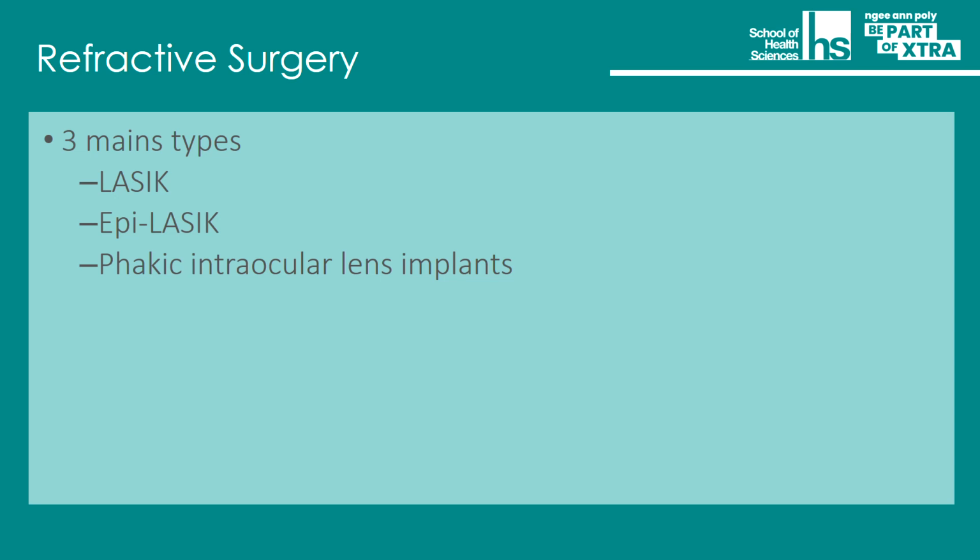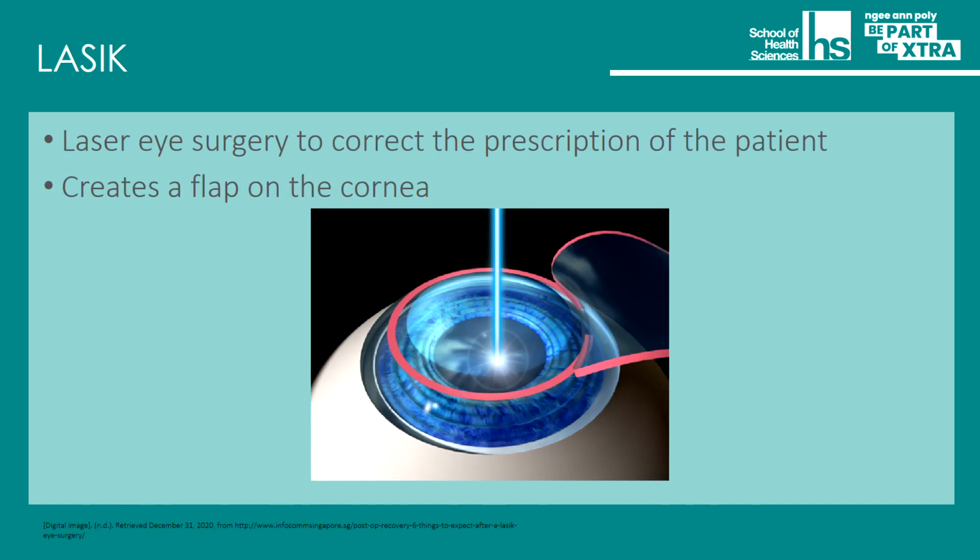And there are three main types of refractive surgery, but of course there are smaller subtypes. We are not going to talk about that today. The three main types are LASIK, epi-LASIK, and phakic intraocular lens implants. And LASIK is a very common procedure that is done throughout the world. I would say a huge percentage of refractive surgery to correct your refractive error is done via the